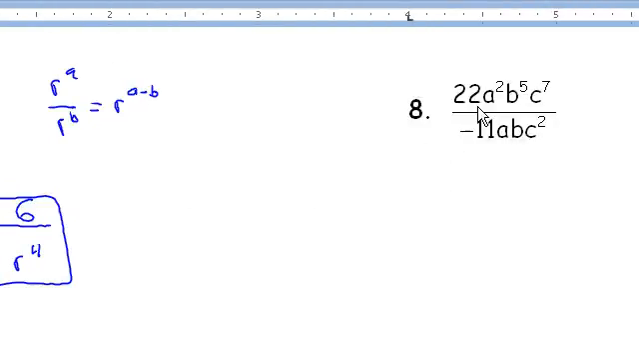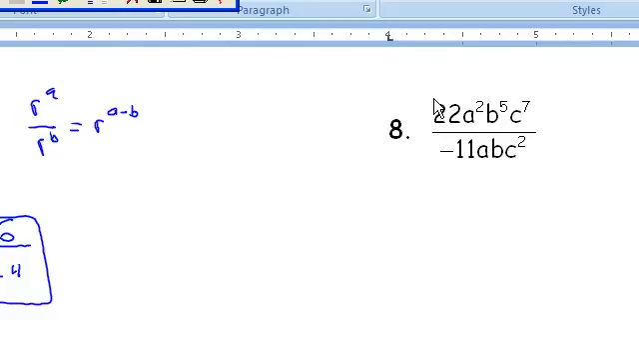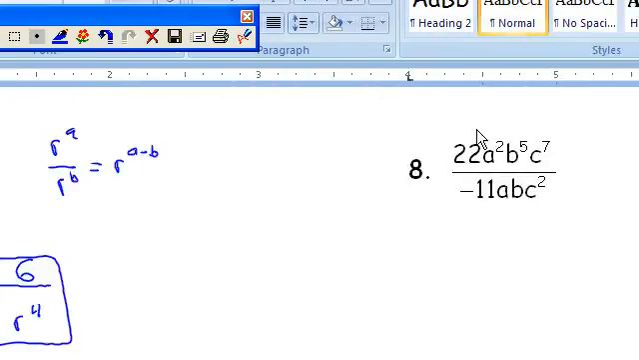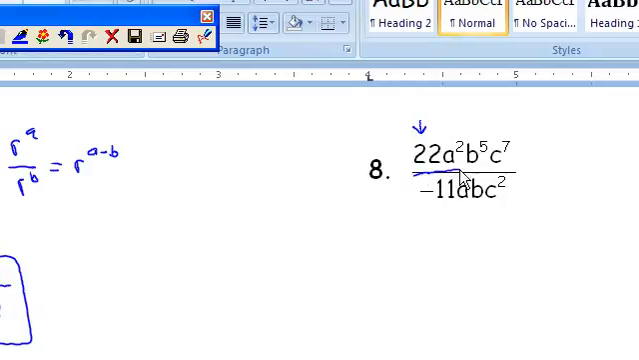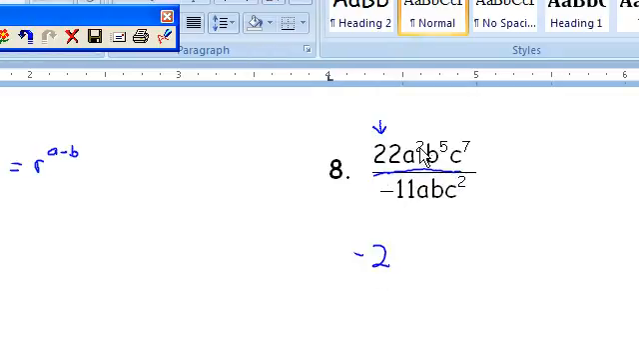Let's take a look at number 8. Okay, 22 divided by negative 11. We'll go term by term here. Well, we know 22 divided by negative 11 is negative 2. A squared divided by a, well, this is like